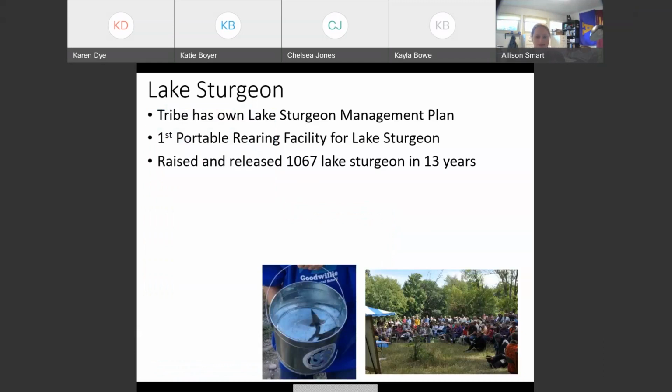We do a release every year. This is a community event where we bring the community together. We often tie in other programs we're working on to the release with tables talking about whether it's our water quality program, which works in the Big Manistee River, or our wildlife program. We just have those conversations. So it's this huge community event where we bring both native and non-native people together to celebrate the annual release